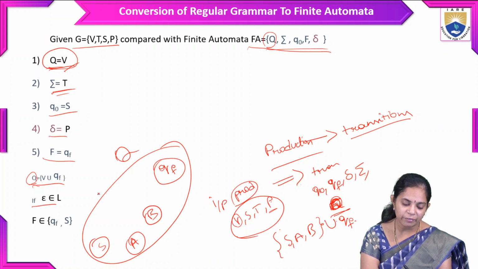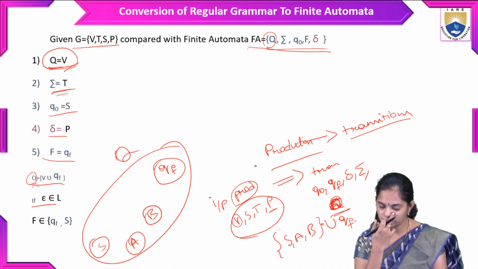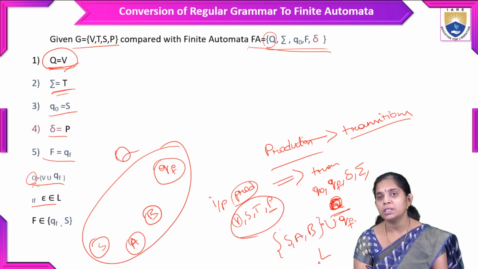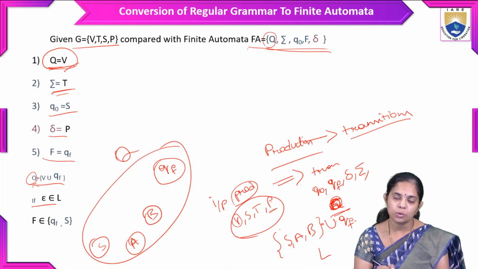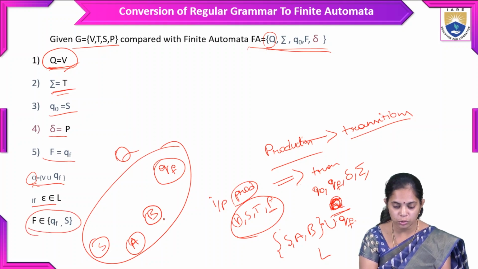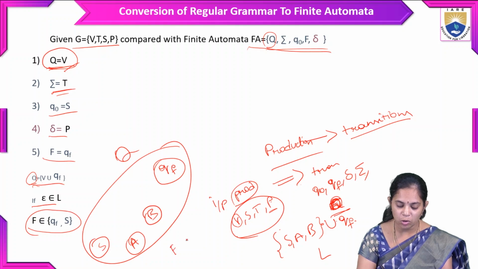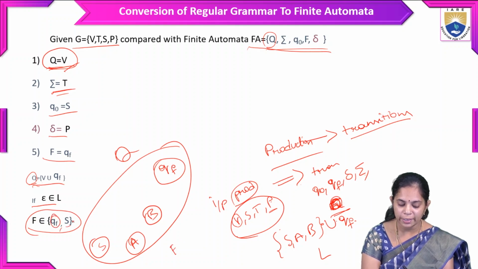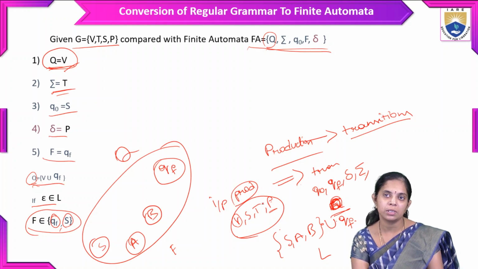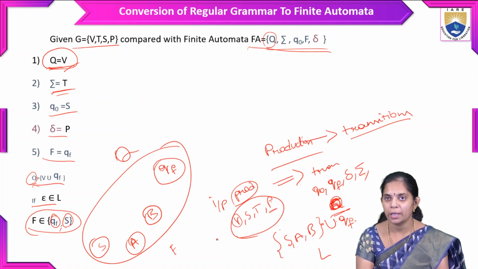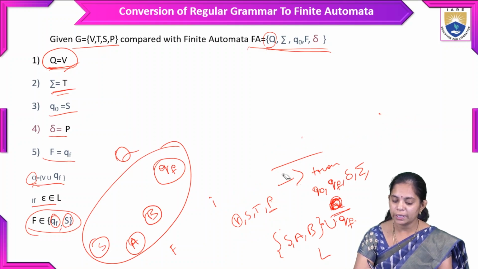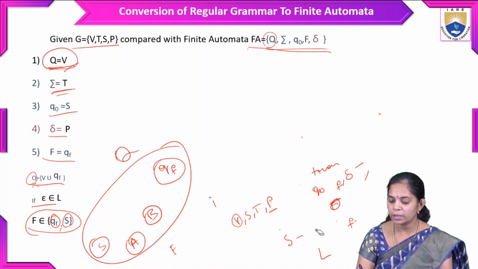And next, if epsilon belongs to the language, so in the language epsilon is an input string. So first, what we need to do: the final state f belongs to QF, with S. So S has the self state, having the epsilon symbol, and we need to represent it with the diagram. So this is about the comparison,